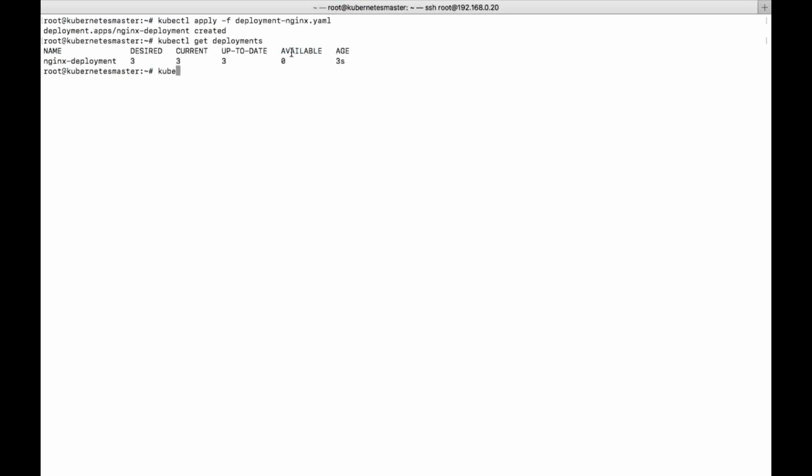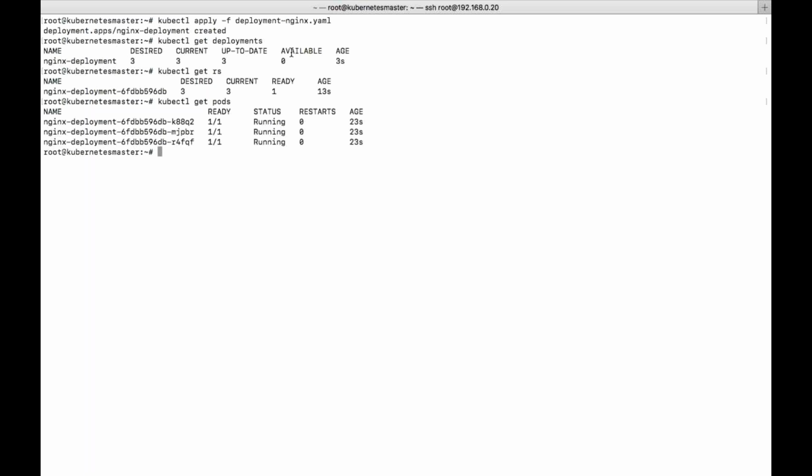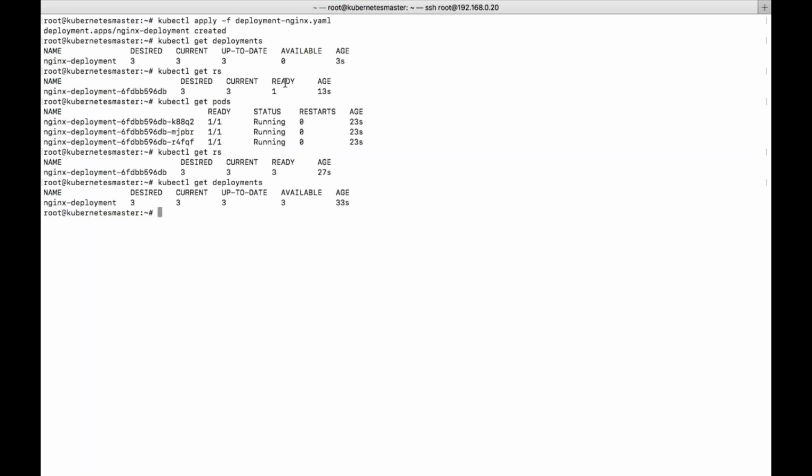Kubectl get replication set: one is ready, because a Kubernetes deployment by default uses a replication set. Get pods. How many pods will be created? Three in total. Now the replication set ready count is three; previously it was one and now it is three. What about the deployment? Three. So this is all about the creation of the deployment.